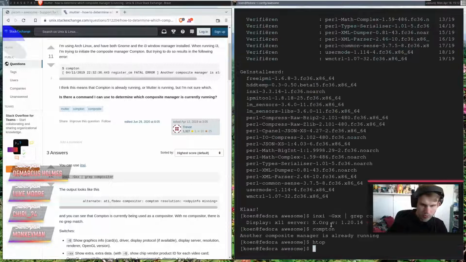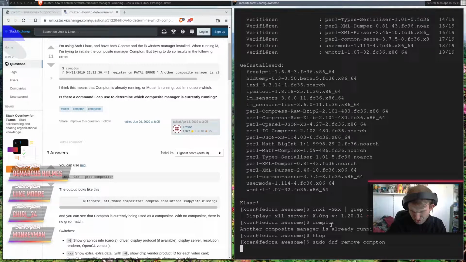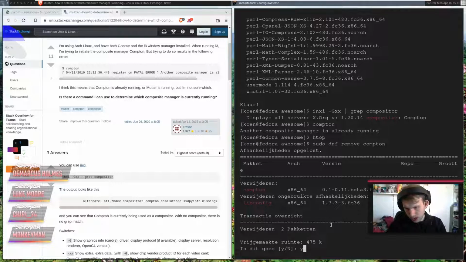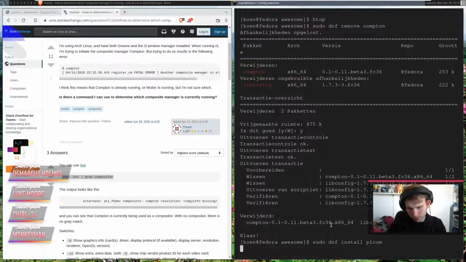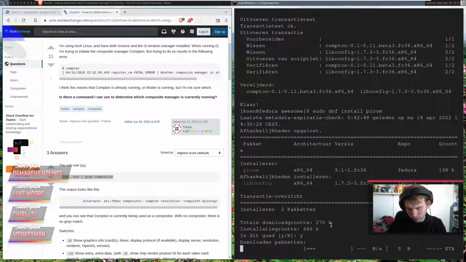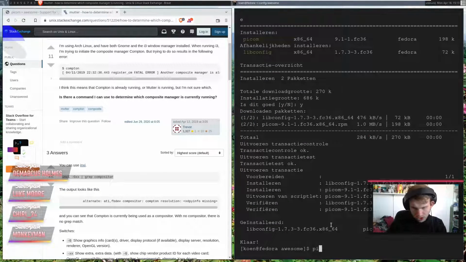Okay. And then I want to do sudo dnf install. Or actually I want to remove Compton. Yes. dnf install picom. Okay, now it should work.